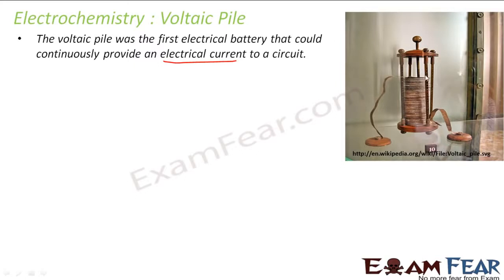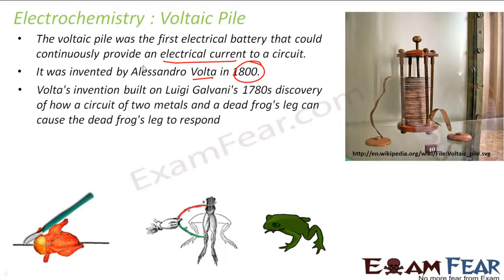If you see, there are n number of metal plates here. Why? Because he thought that the electricity came because of the contact tension. So if you see, this Voltaic pile was invented by Alexander Volta in 1800, and why it happened was, as I just explained,